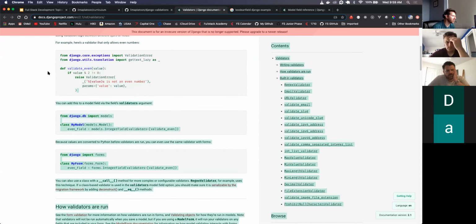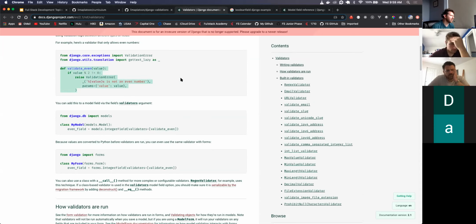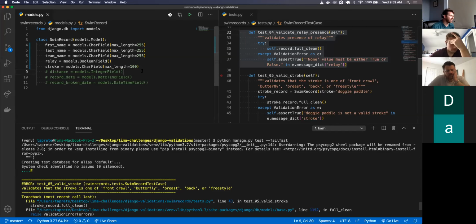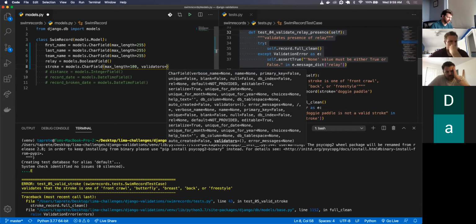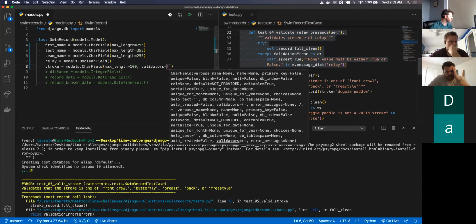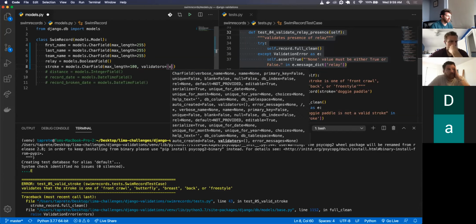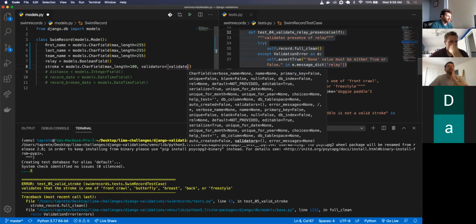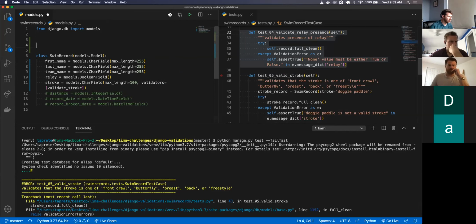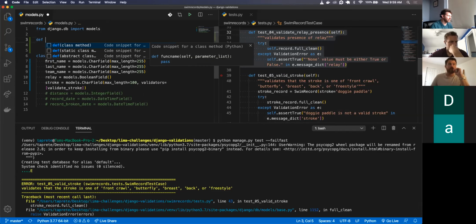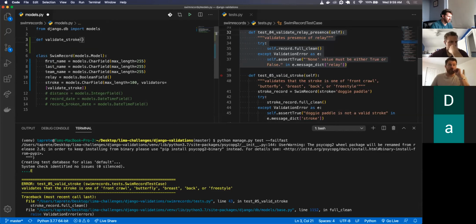So I'm actually just going to do max length 100 and then validators equals, let's call it, validate_stroke. And then outside of the model class, let's create the validate_stroke